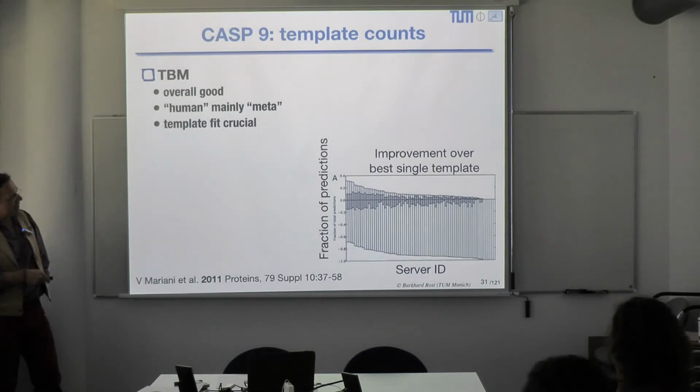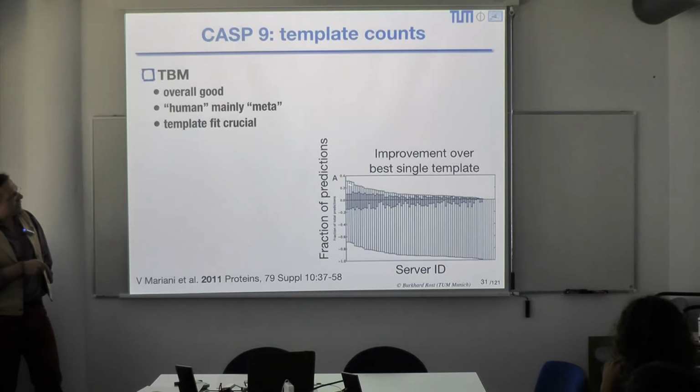This is just sorting here by the name of a protein, and that's the fraction of the predictions for which, in fact, one can improve over the template. So the 0 line is no improvement. These guys here improved in comparative modeling. These guys made it much worse. And somehow this is